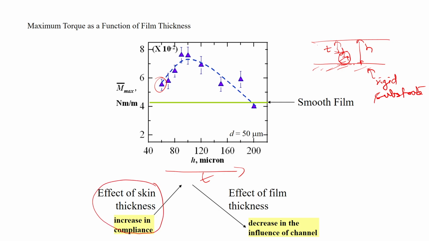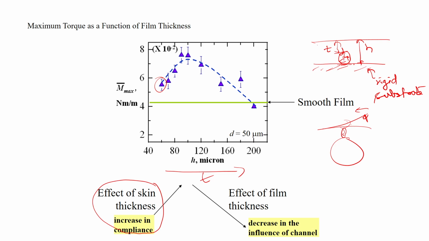As the skin thickness increases, the compliance of the film increases. Compliance means that this part of the film wants to remain in contact with this particular top surface. Basically, the top surface, the flexible plate, is being lifted off and the crack propagates, but the film, by compliance, tries to remain in contact with this flexible plate. So, that is compliance. As the skin thickness increases further, the effect of the channel decreases,